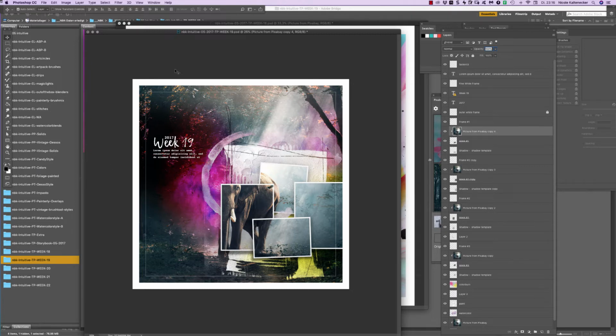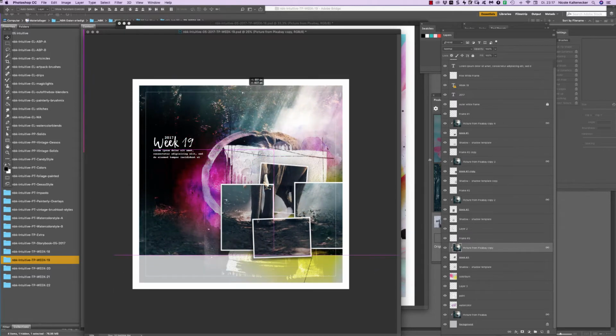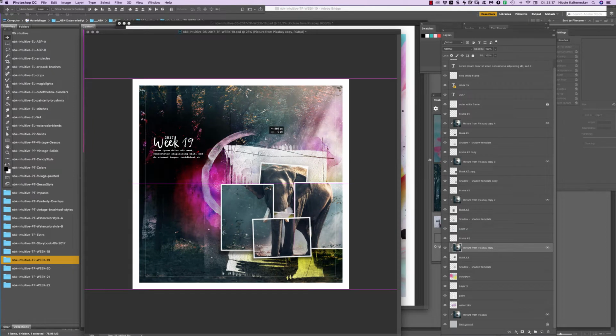And now I like to slide the image to the left side. For that, we press Command, click on the layer with the image of the elephant, another one. You see now we have all 4 and the last one on the back, and now we hold all of them together and we press here on the bottom of our layers, and now they are all clipped together, so nothing will happen. Wherever we are and we want to move those, they all move together. You see, we can move all of them together,